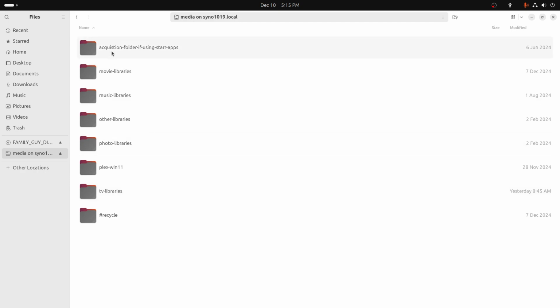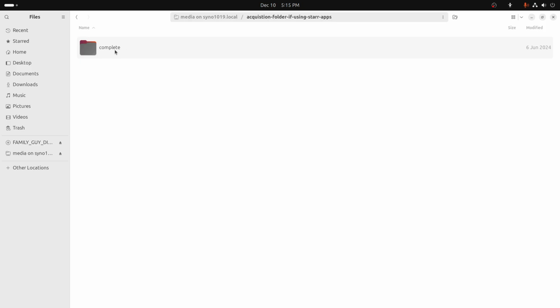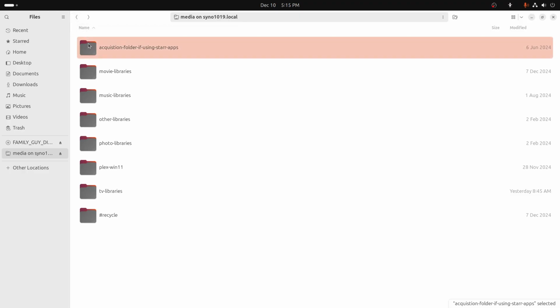And if you're using a TRaSH Guides setup, you'd want those incoming files to land here, and this folder might be named lowercase sabnzbd, and inside it there might be a complete folder, an incomplete, and a watched folder. If you're into that type of setup, you know what to do. This nested structure with one shared media folder on a NAS ensures that with a TRaSH Guides setup you obtain atomic moves. So when one of the Arr apps, Radarr, Sonarr, or Lidarr,